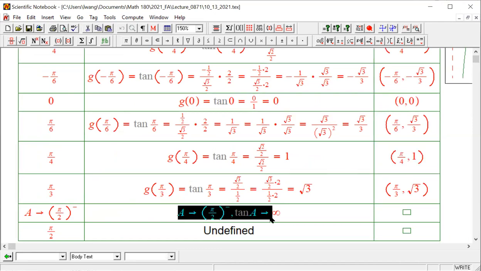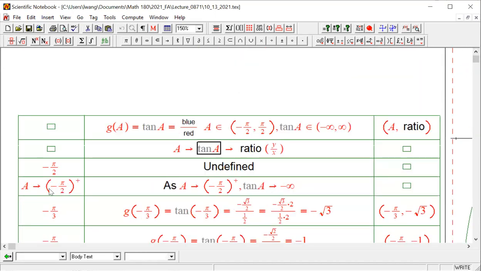border of that interval. Even though we cannot assume the value at the border, negative pi over 2 or pi over 2, we can get infinitely close to them, one from the larger side and the other from the smaller side. So these are the things you are going to be dealing with in calculus. Here we just touched on it a little bit. With that said and done,